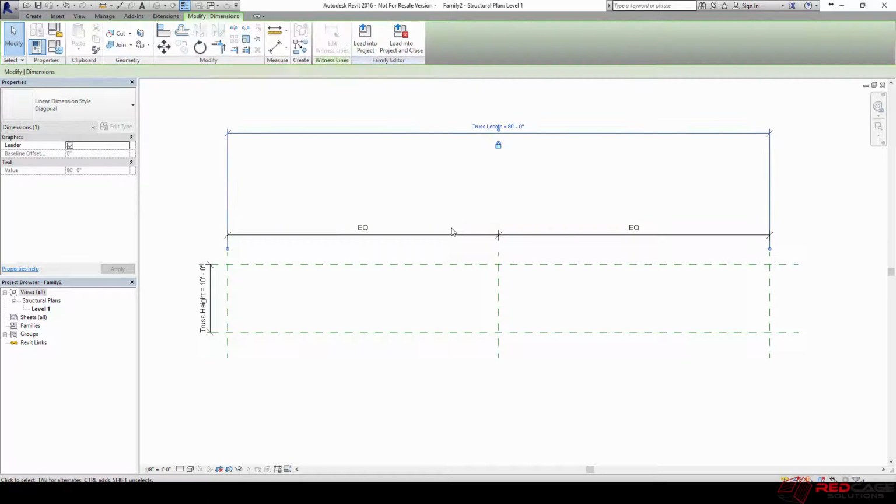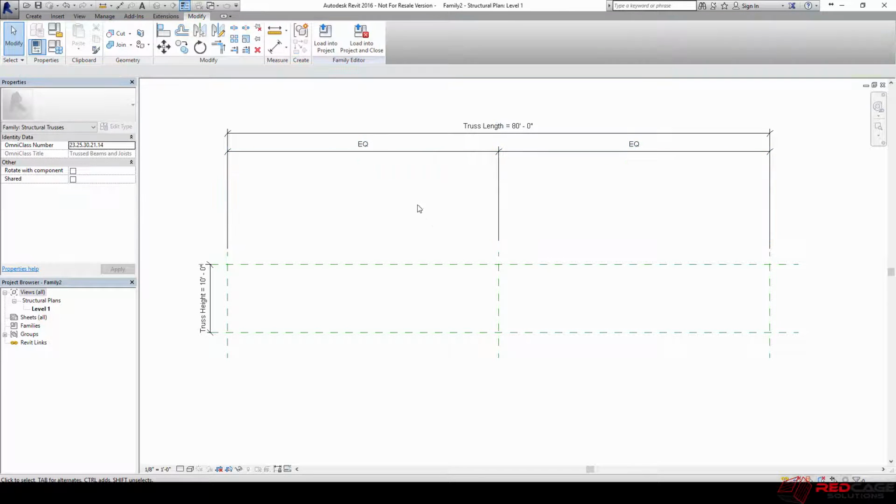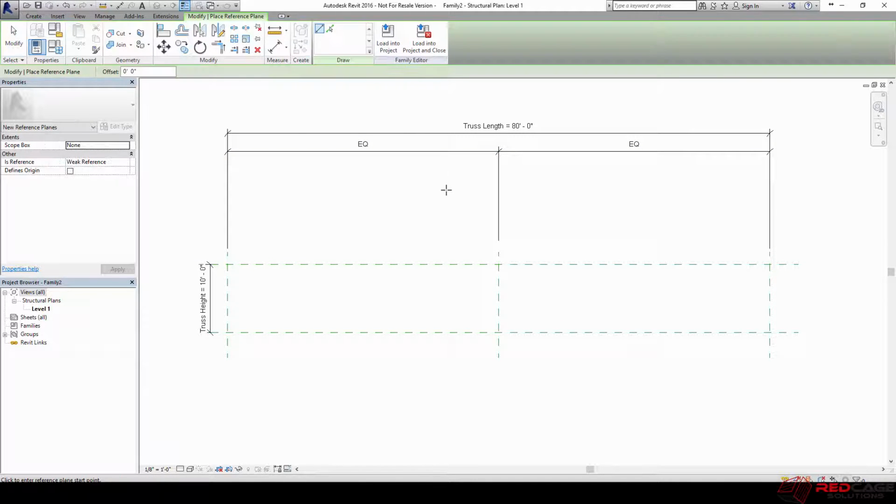So I'm just going to pull these dimensions up out of the way, because I'm going to want to be able to flex this and not have to move these all over the place. So I want that top chord in here. So what I'm going to do first is I'm going to create a couple reference planes on either side of this origin plane, and to do that I'm just going to use my pick lines option and put in a 10-foot offset. So I get, just clicking on either side of that, I get two more reference planes,